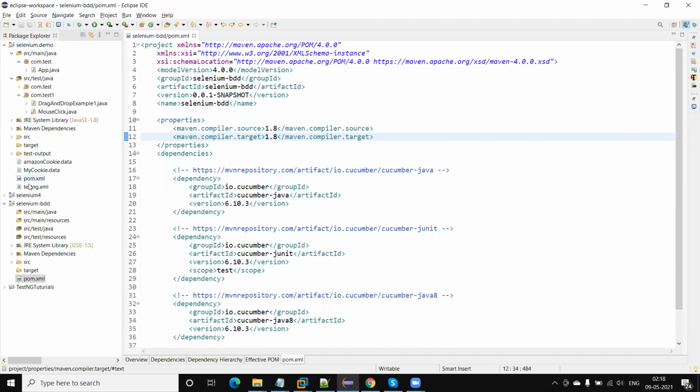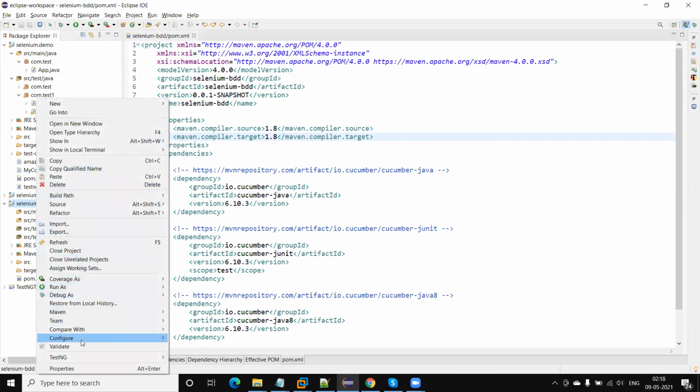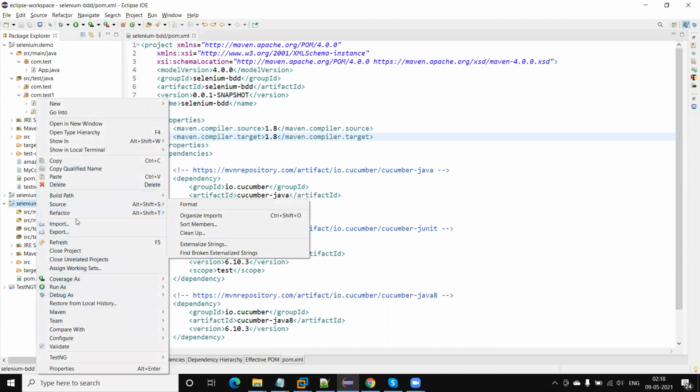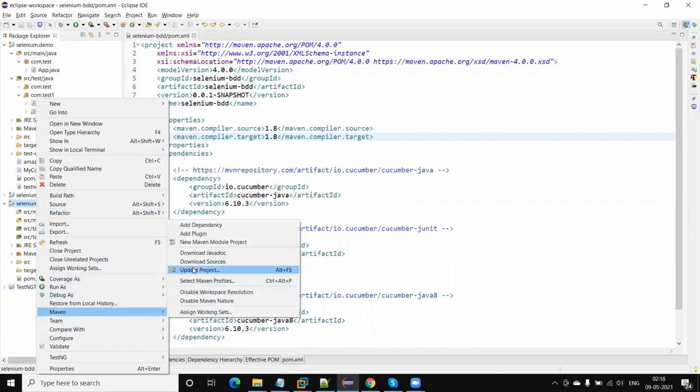So now let me build the project. Maven, update the project.